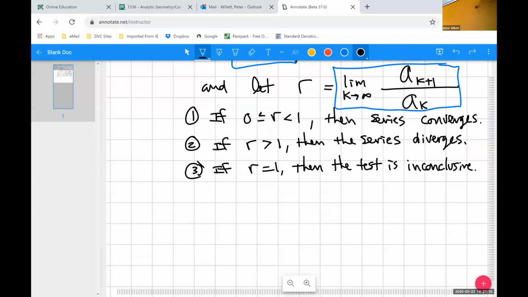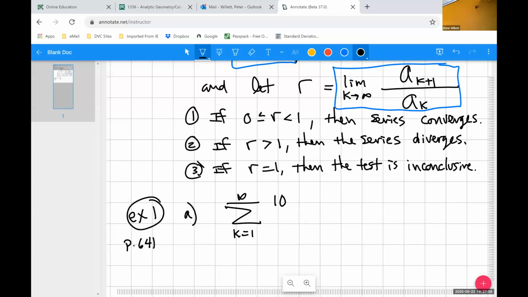Now let's see this in action, because setting up this limit can look confusing until you get used to doing it a couple of times. Let's just go right ahead with one of their examples to try to help illustrate what's going on in the book. So this is example 1. And again, they have a few of them. We're going to look at part A. And this is still on page 641. It states that we should use the ratio test to determine whether the following series converge or not. So in part A, we have a series as k goes from 1 to infinity